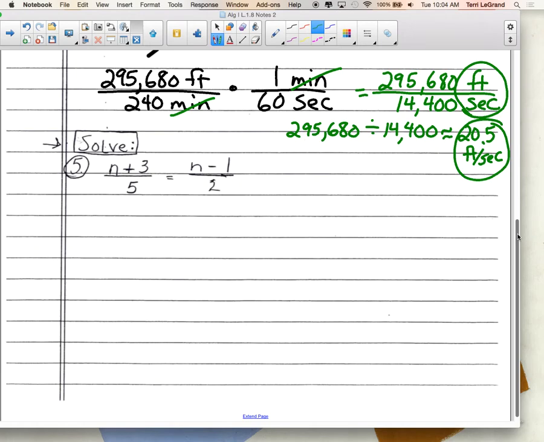Okay, anybody got an idea for me? What did you do, Austin? Multiply both sides by 2. Okay, you multiplied both sides by 2, because you're trying to get rid of the denominator on the right side. So if you take both sides times 2,